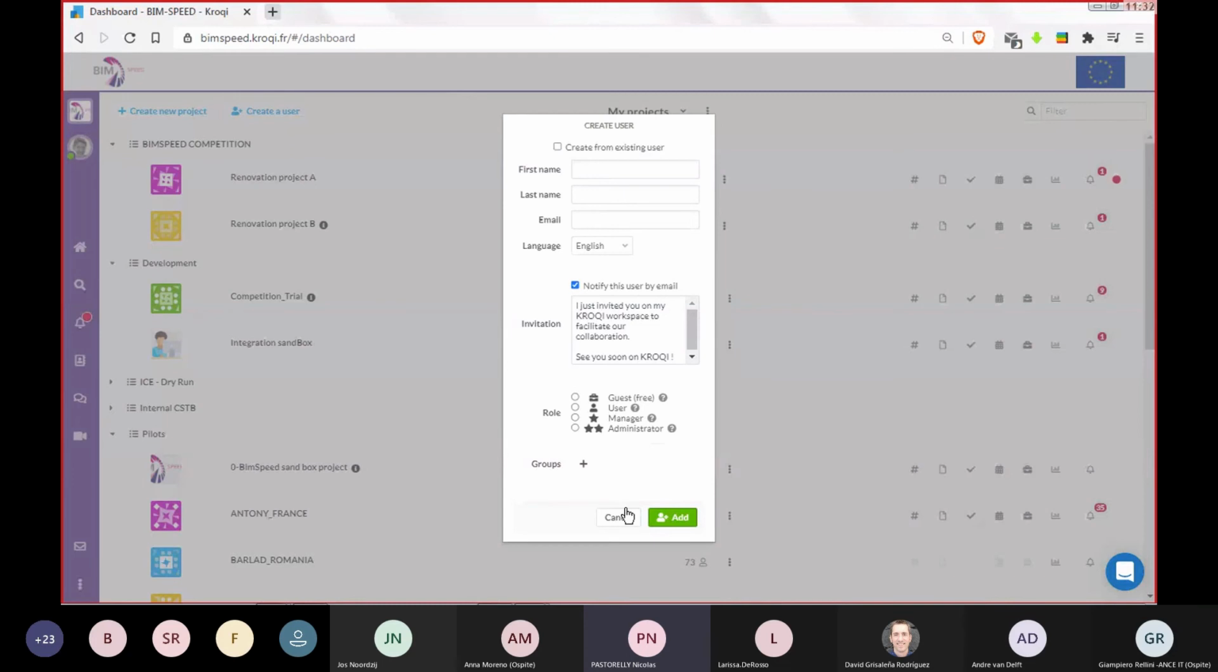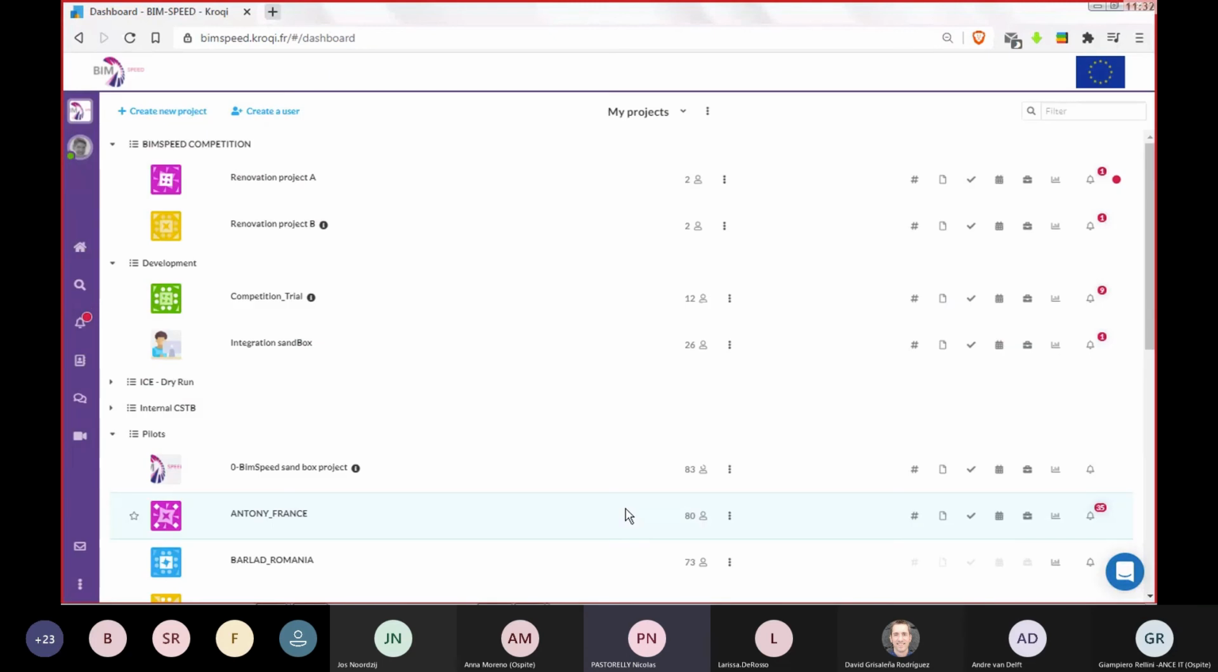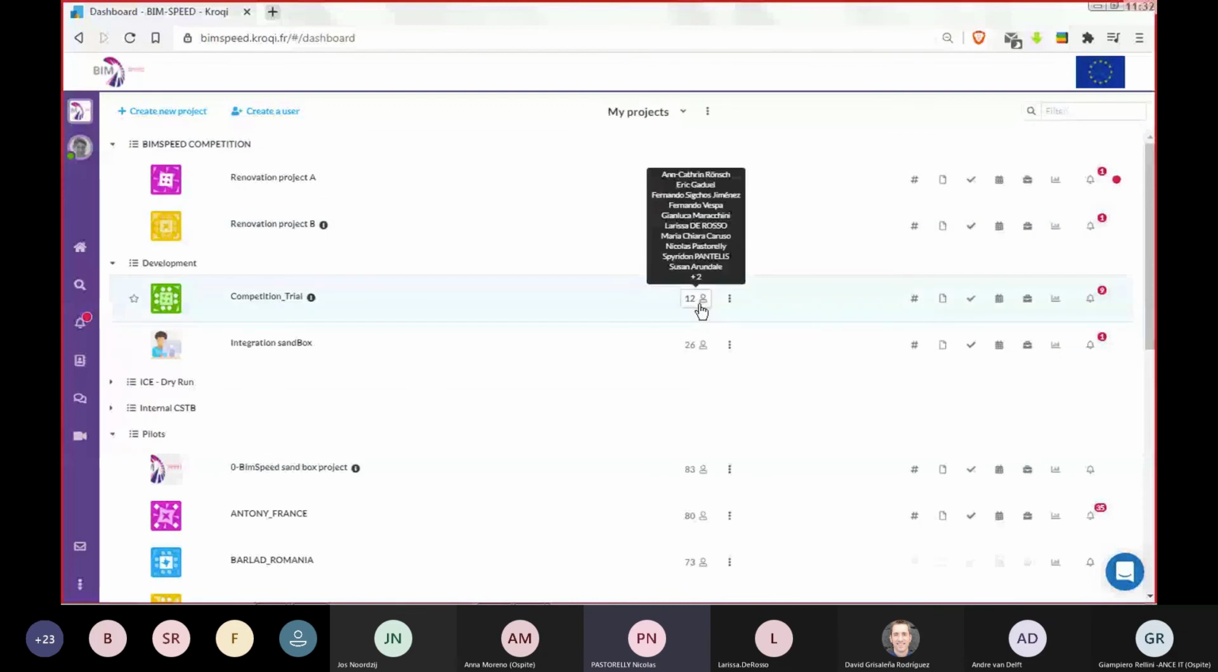So I can create different projects. I've got a lot of them in this workspace. And for every project, I can define the list of the people who are invited in these different projects. So as manager, once again, I can see who is invited there, and I can edit their rights, for instance, to say whether Fernando, for instance,